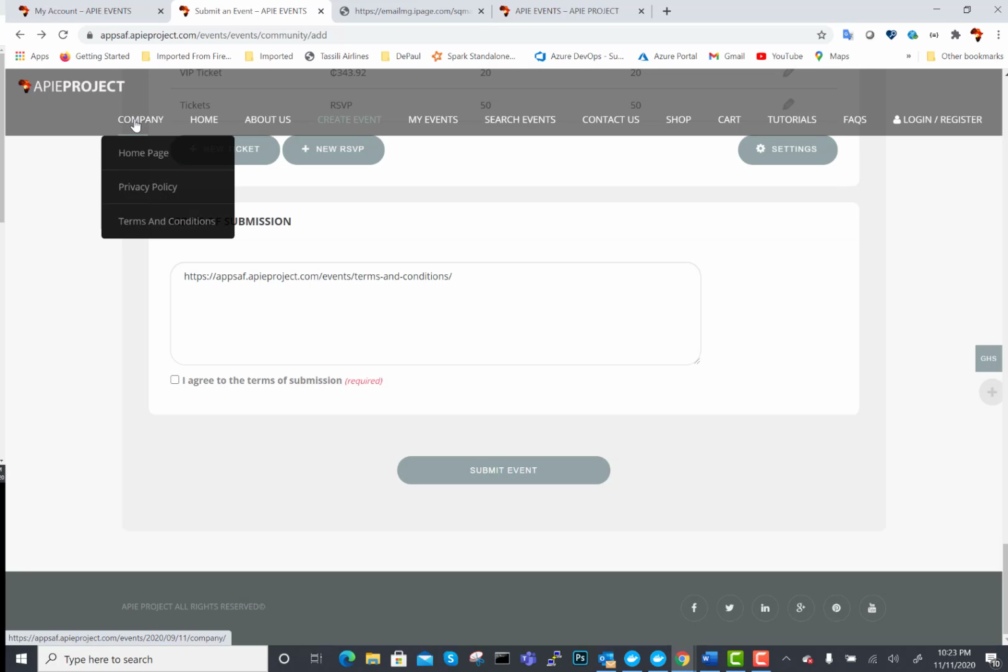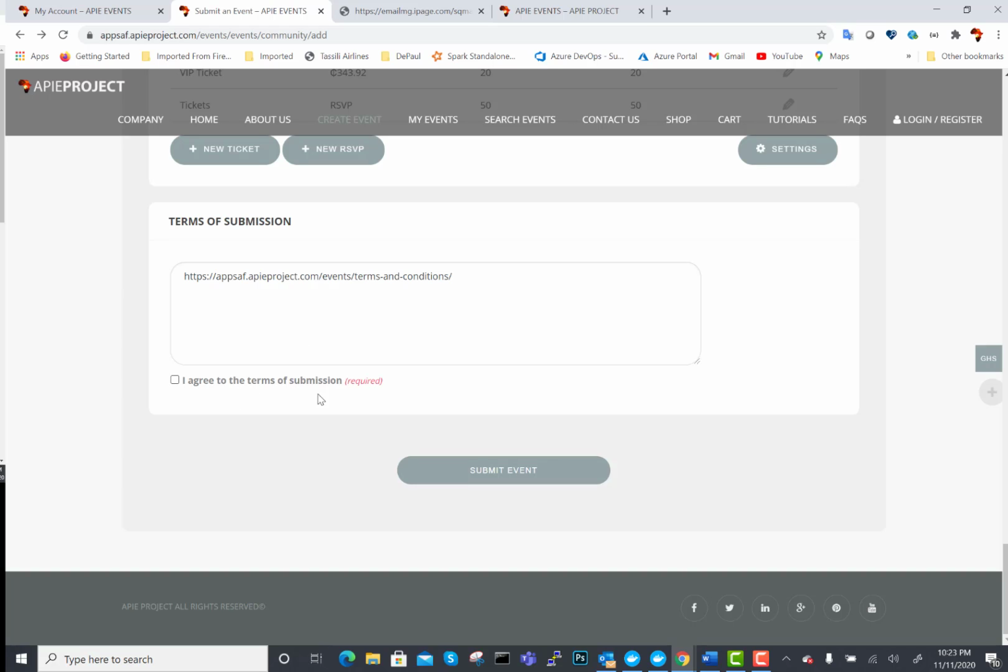The terms and conditions, you can come here and read them, but here you have to check that you agree to the terms of submission. So once you do that, then you submit the event. Once you submit the event, the website admin is going to go to your event, read it, and see